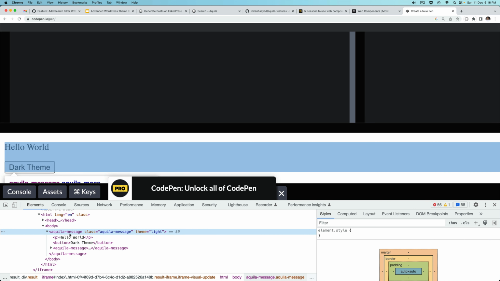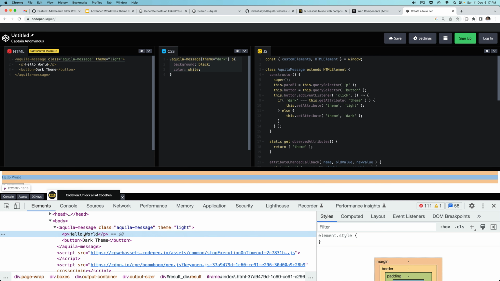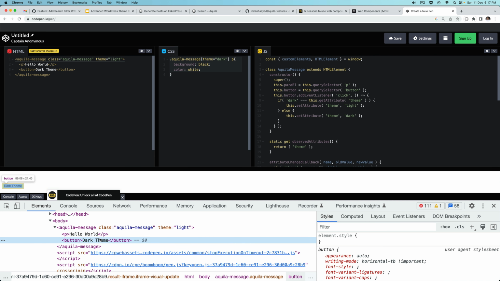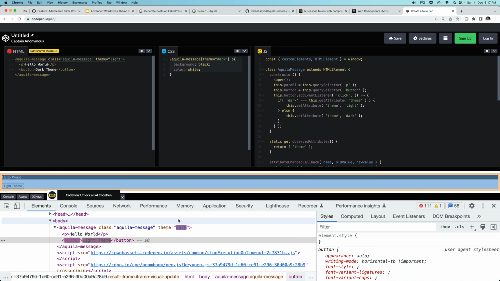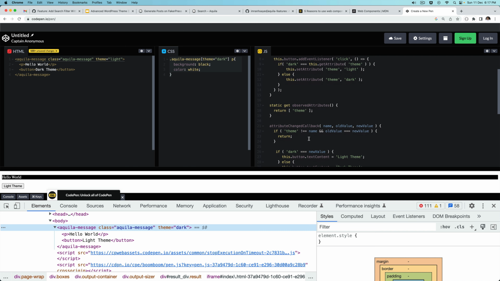And take a look, this is your web component, which is a custom HTML element. Web component, Aquila message, you have class, you have theme light, and inside of it you have the paragraph tag and button tag. Okay, so if I click on this button, notice this attribute changes to dark, and because we are listening to that attribute, we are saying that whenever an attribute change happens, this callback function will be called,